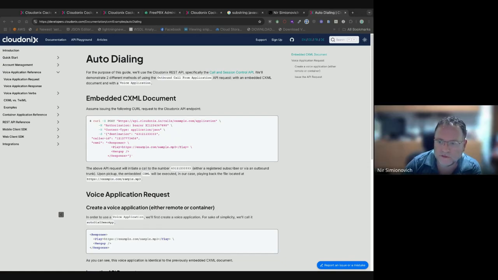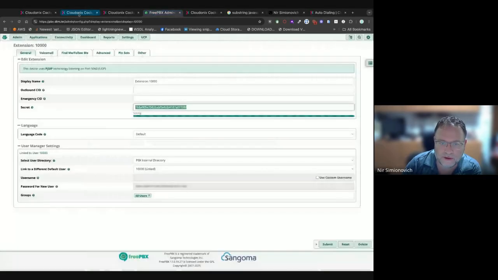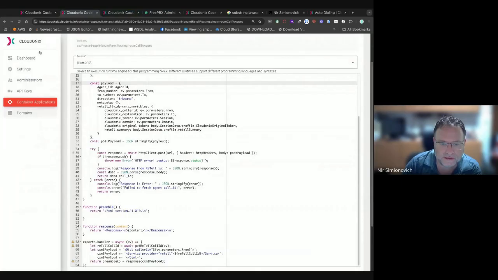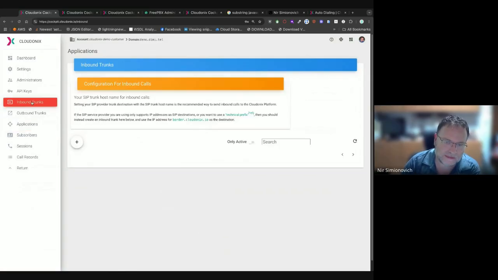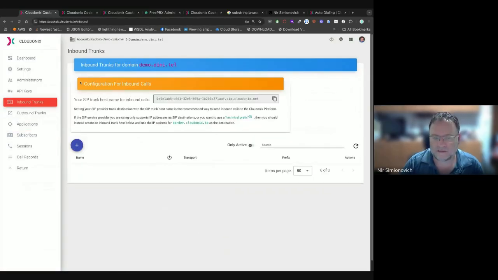Oh, that's pretty easy. Hold on, let me show you. One thing about Cloudonix is that every time I show this to people, they're a little bit overwhelmed: sending calls into Cloudonix doesn't require any type of configuration. Every domain you create has what we call an inbound calls host name.